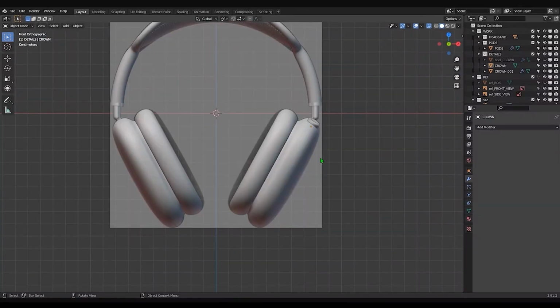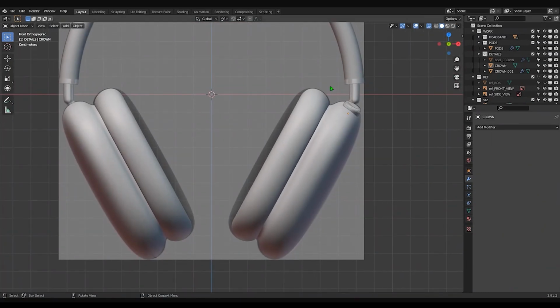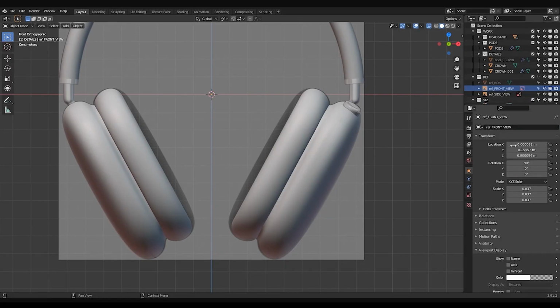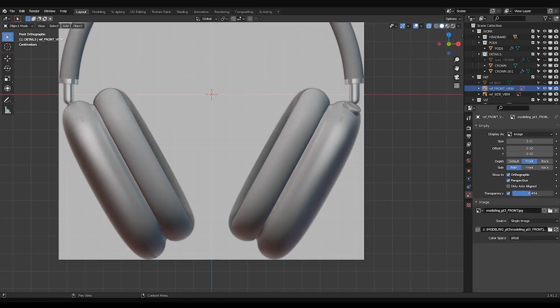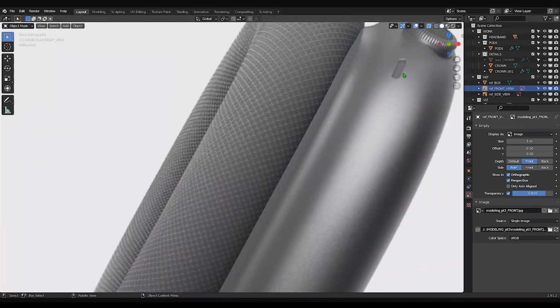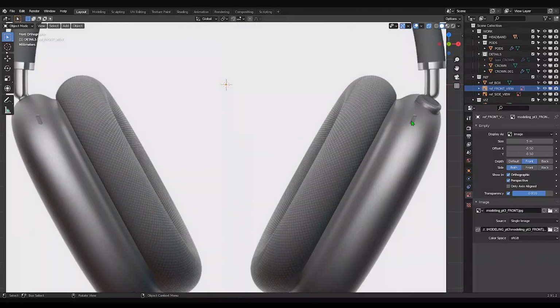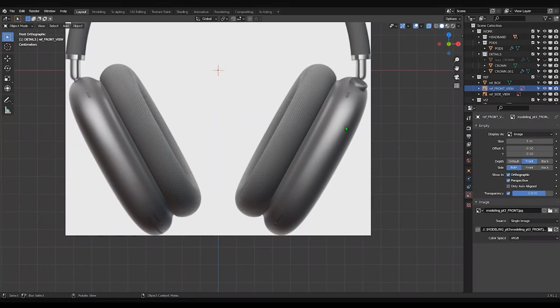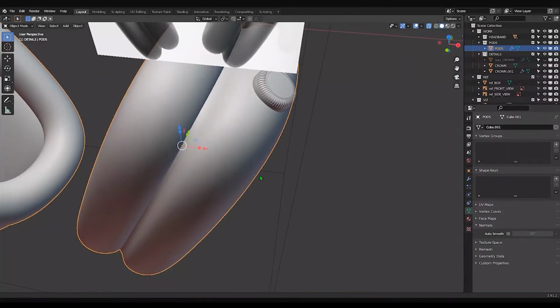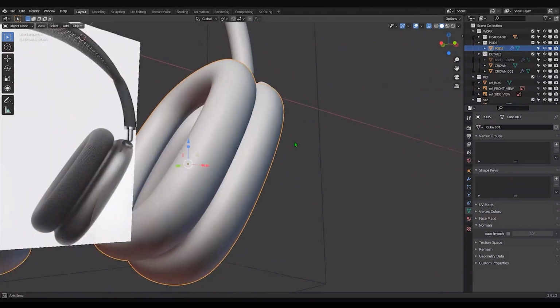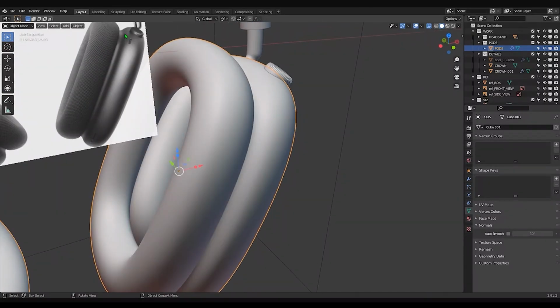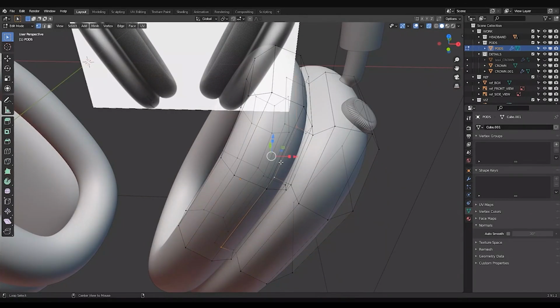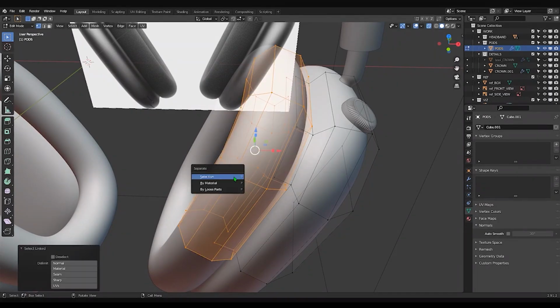Okay, so now let's talk about the booleans that we want to do. And wait, let me just add some more transparency. Okay, we want to do these. And so first thing we will do here is actually to create this shape and to create an alternative version for this here. But also, as you remember, for the crown, we need to close the volume of the pod so that it's not just a cut in the surface, but we will get this small surface going inward. So let's just first thing remove the cushion with P selection,